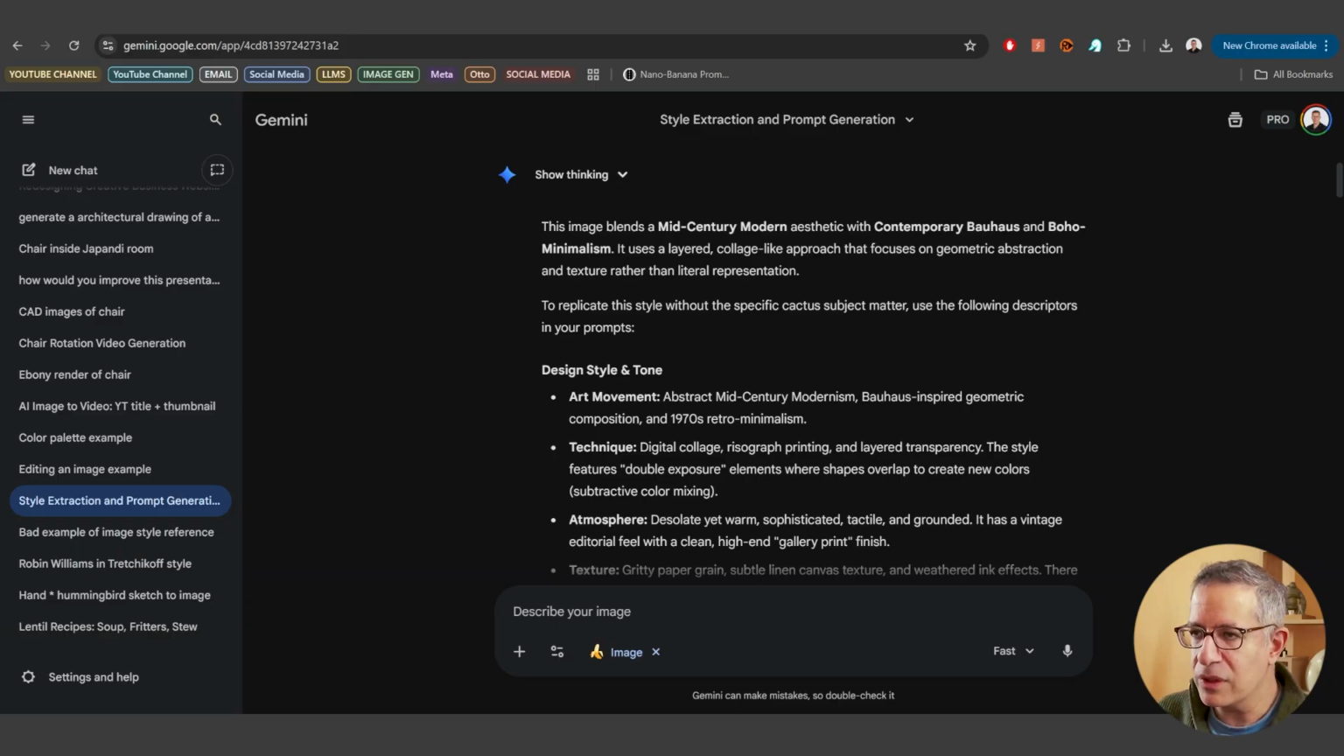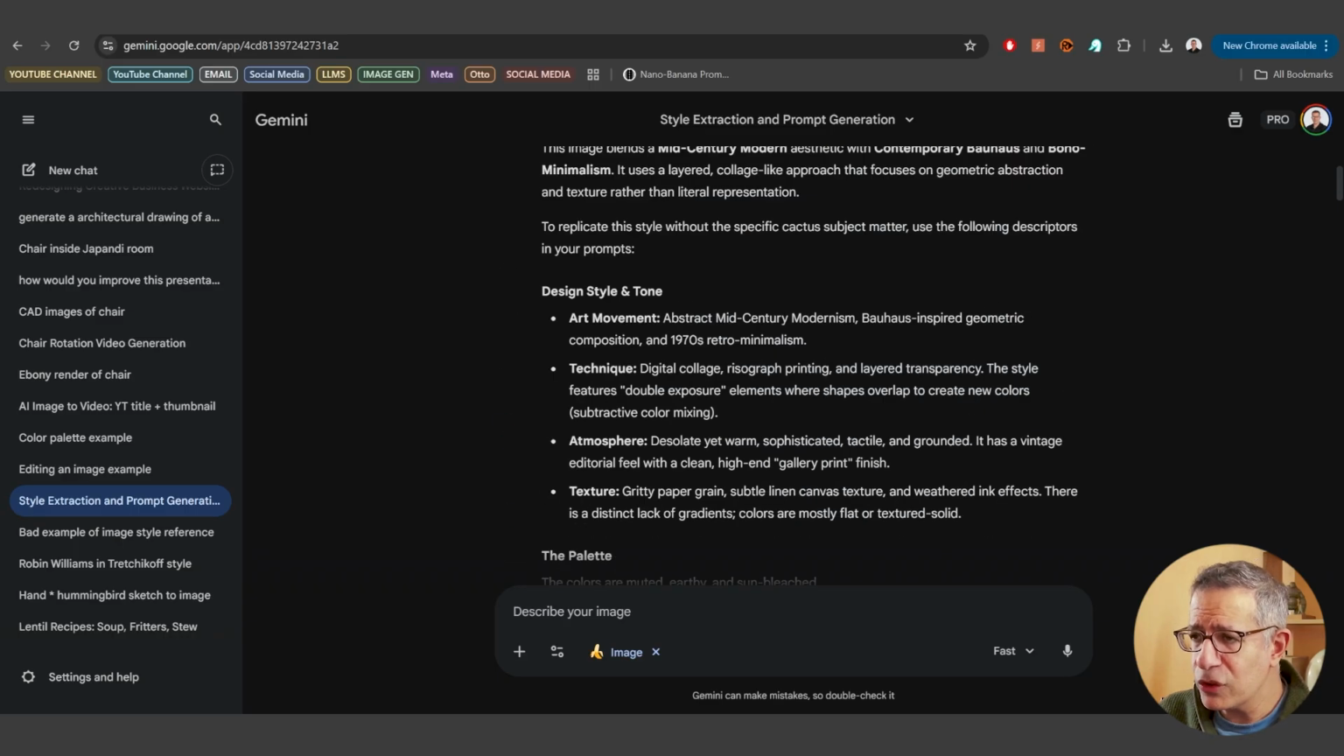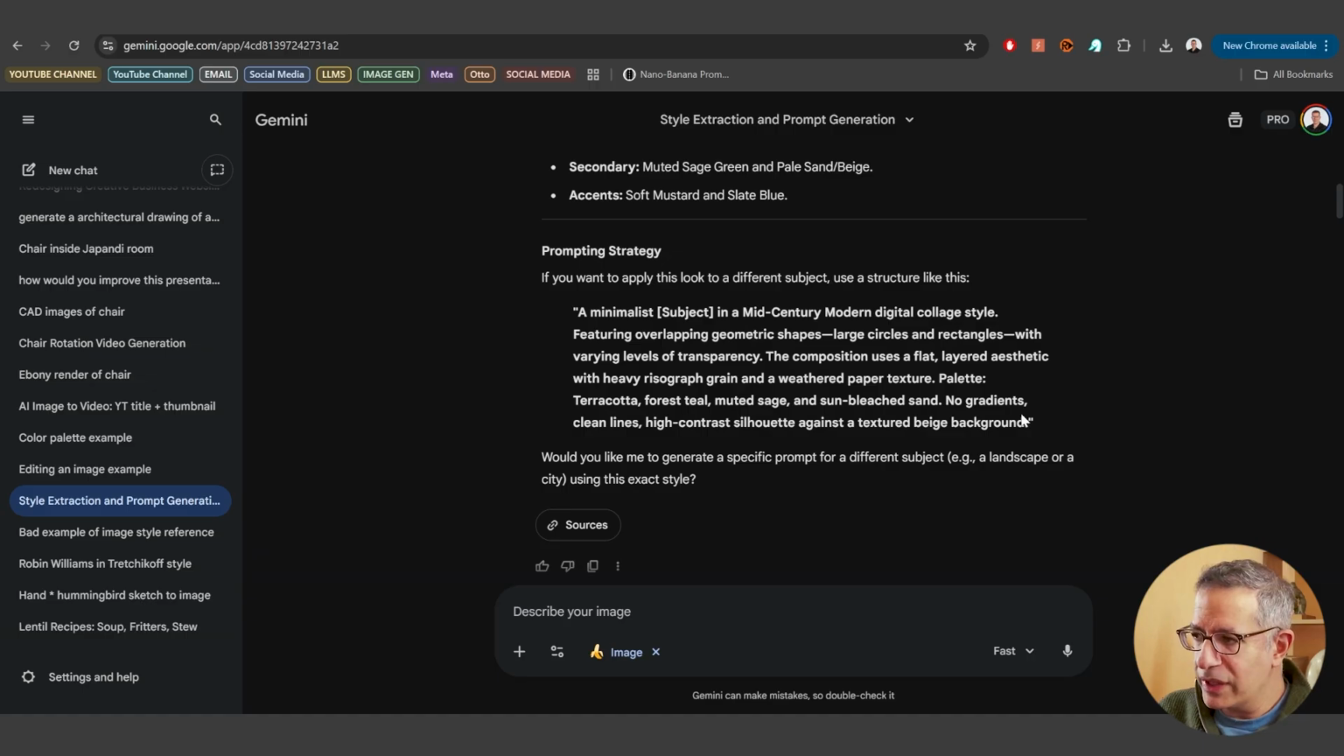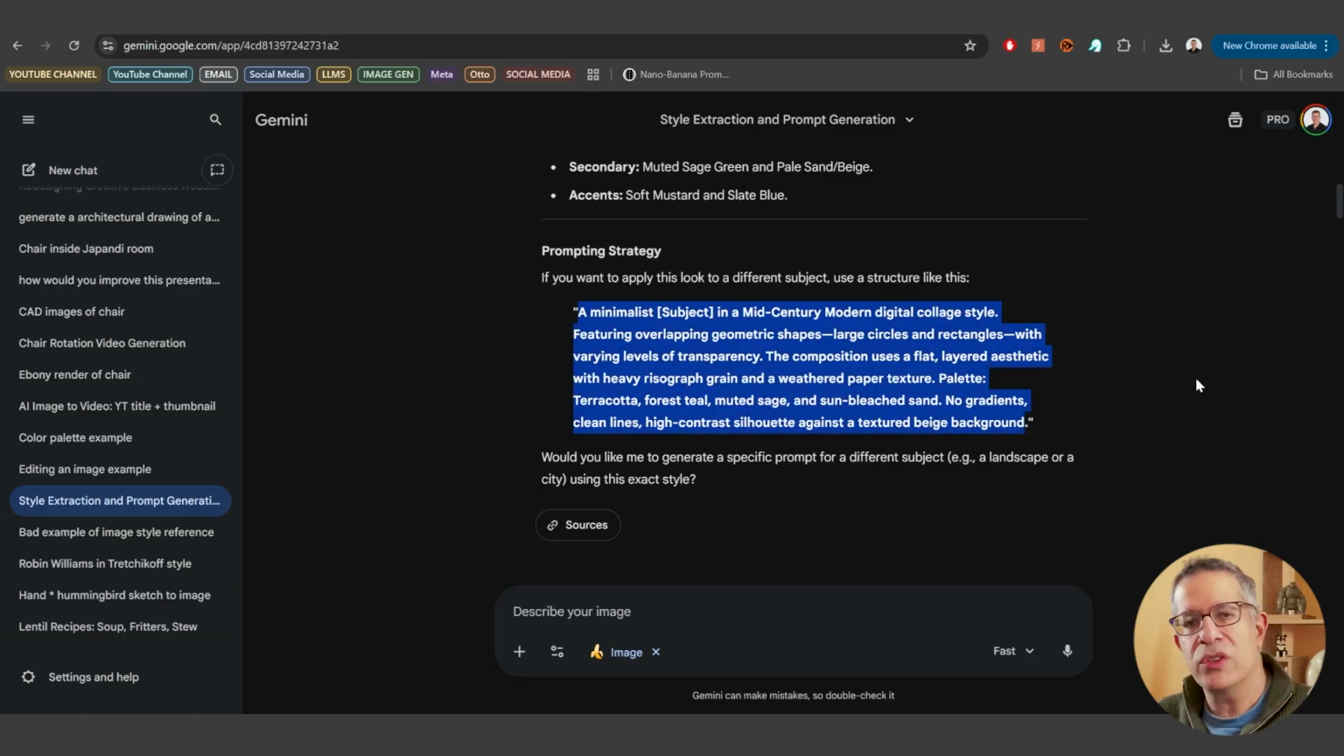So I started with the Gemini fast mode, and it said this image blends mid-century modern aesthetic, you see, I would never have said that myself, with contemporary Bauhaus and boho minimalism. Now, yes, actually, I should have thought about Bauhaus, but it didn't come up in my head. And boho minimalism, I don't even know what it means by that. It uses a layered collage-like approach that focuses on geometric abstraction and texture rather than literal representation. So it described the image for me and created a kind of prompt for an image that would use this